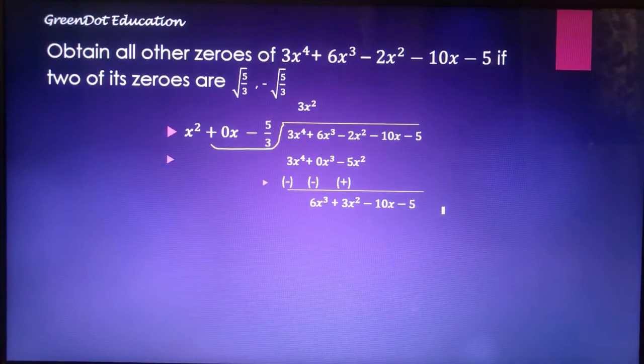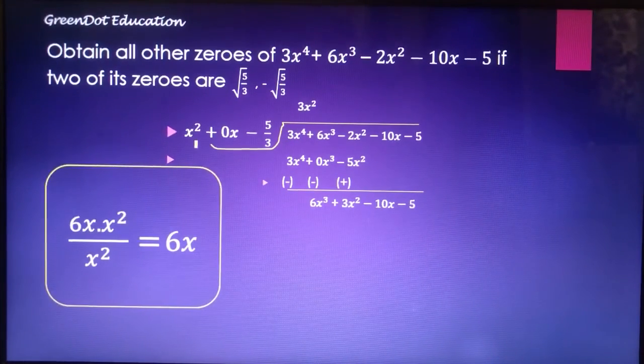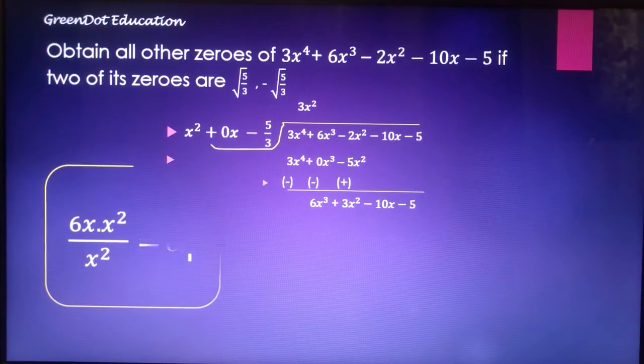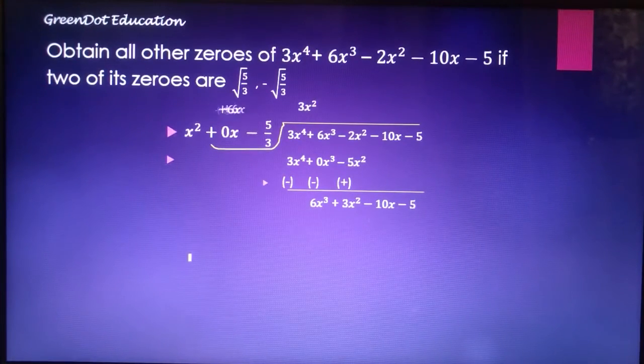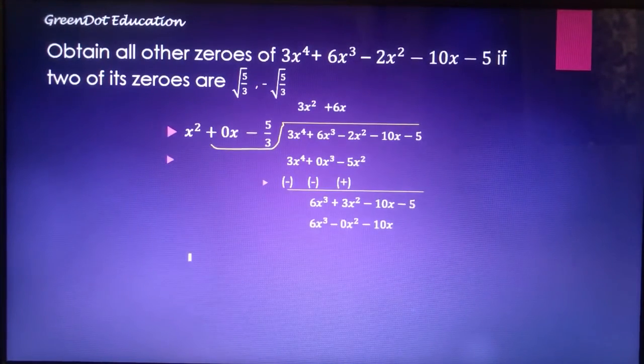Now again, to obtain the second term of the quotient, we divide this term of the resultant dividend by the first term of the divisor. We can write 6x cube as a product of 6x and x squared, divided by x squared. Now here also x squared and x squared are cancelled out, so we are left with the term 6x. Using this 6x as the second term of our quotient, we multiply it with the divisor and we get this term. 6x multiplied by x squared will give us 6x cubed, sorry, and 6x multiplied by 0x will